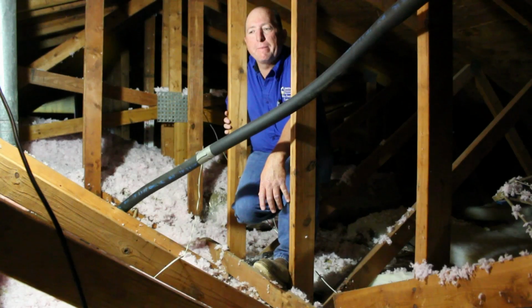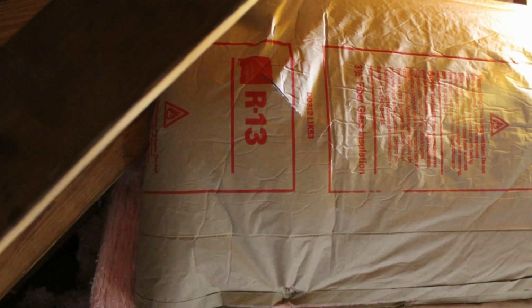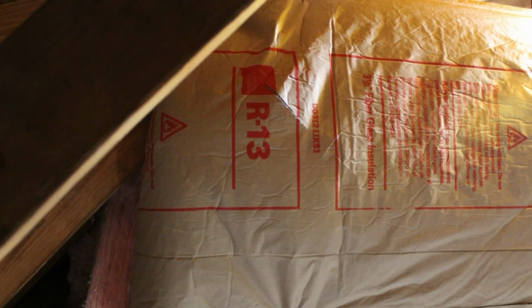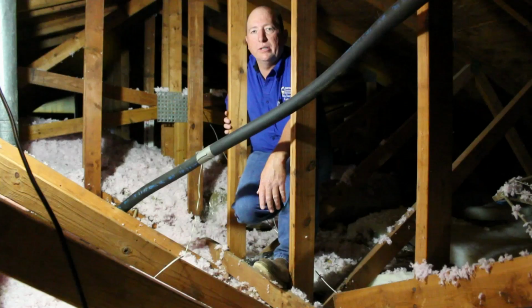What kind of insulation did you blow into their attic today? Okay, we used Owens Corning fiberglass insulation. It has a melting rate of 1200 degrees. It will not burn. That's one of the pluses of Owens Corning. They guarantee the R factor there if the inches are there, so you don't have a problem with settling on